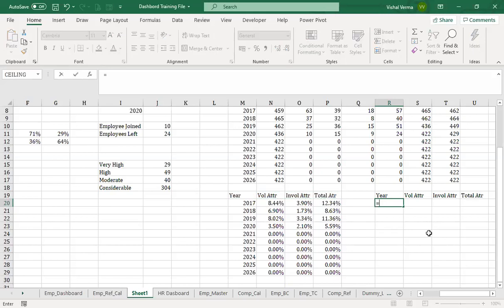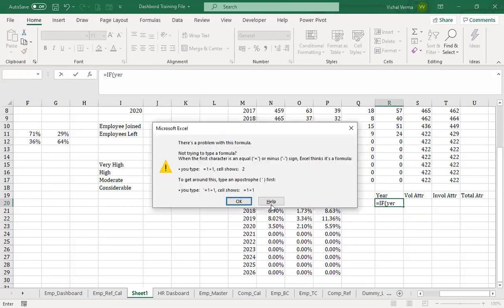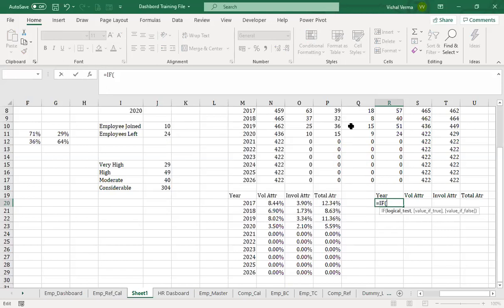So what we'll do is use an IF: if the year of today is greater than or equal to this, then give the value, that will be this, or else give me a blank space.